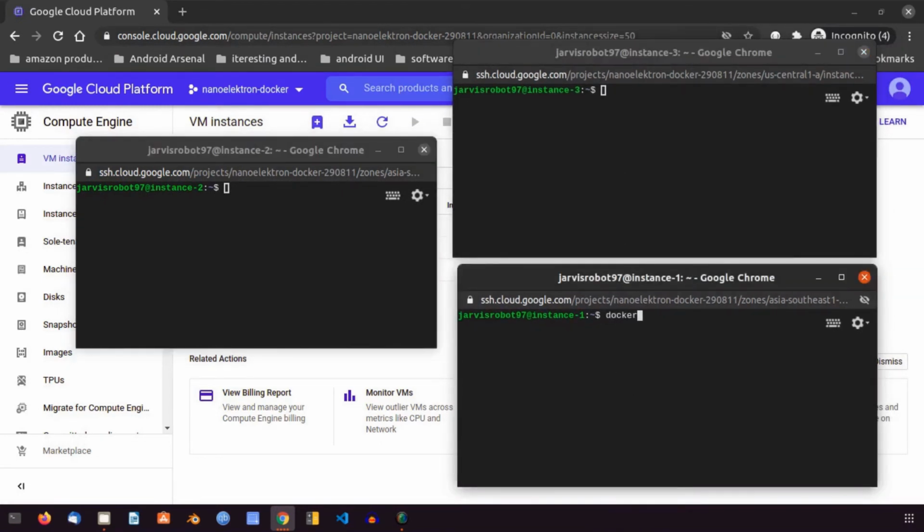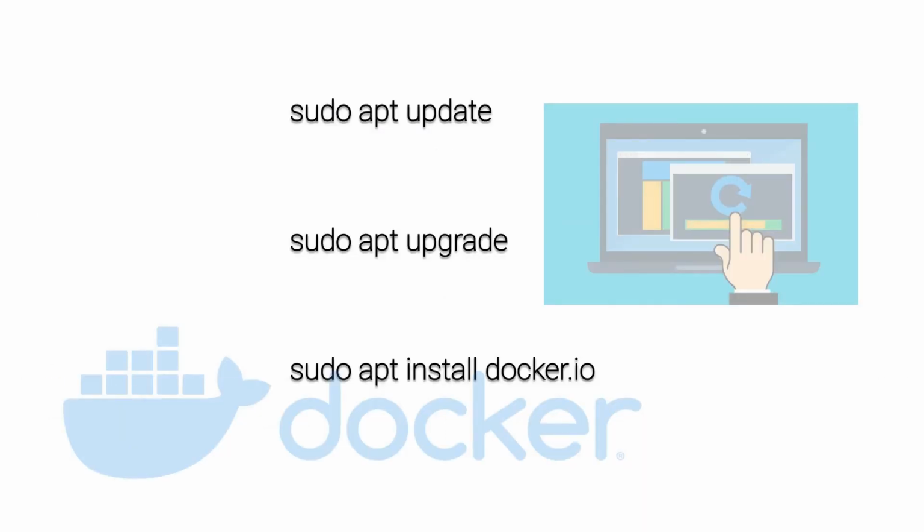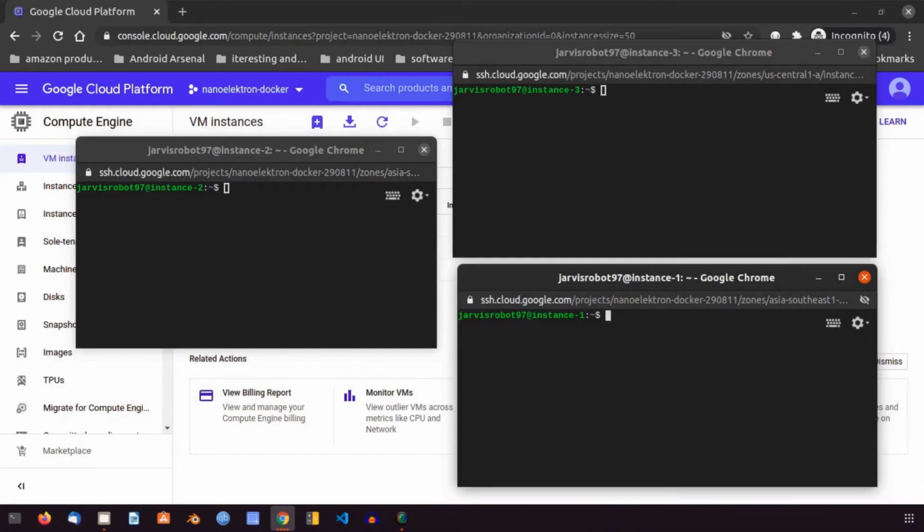Now if I type docker, it's not going to recognize it since it is not installed. All these three are fresh instances, so let's do an update, upgrade, and finally install Docker.